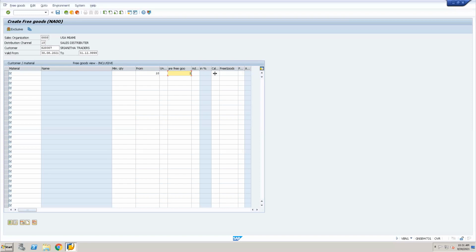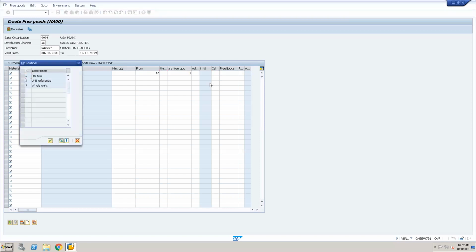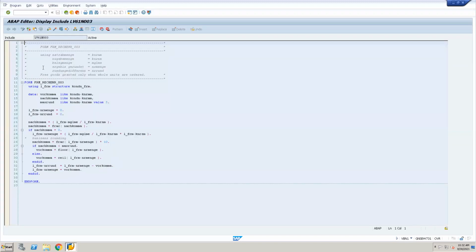And the calculation rule is the rule for calculating the quantity: it's on a pro rata basis, a unit reference, or the whole units. Custom logic can be mentioned here, but SAP has already provided some rules.